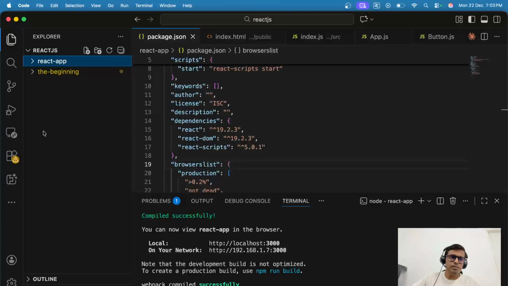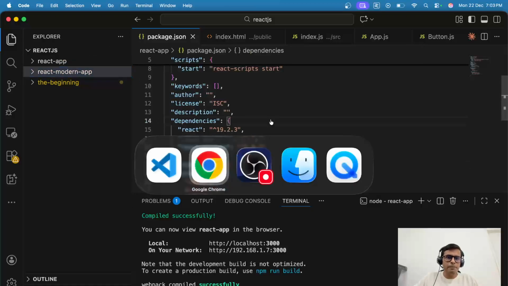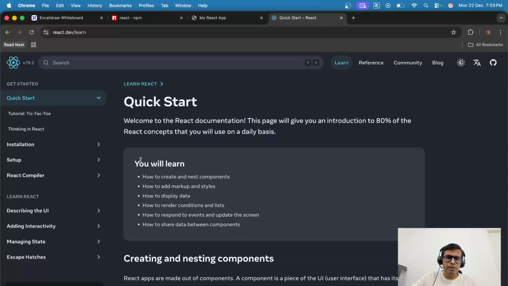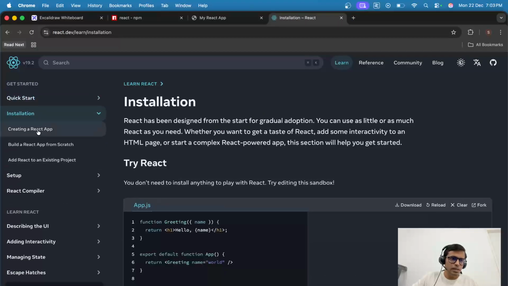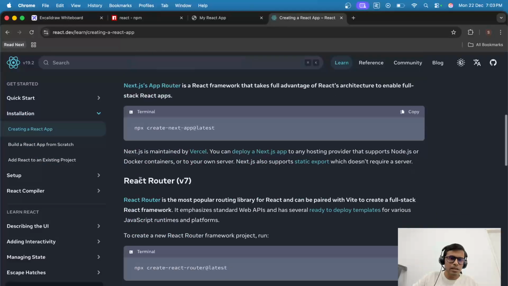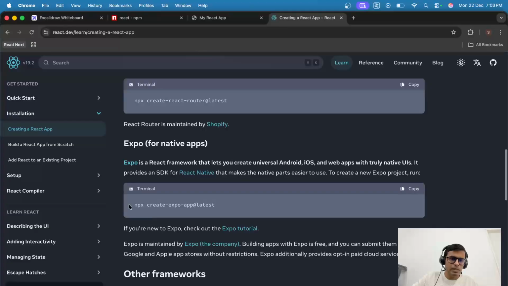Now let's understand how to create it using modern tools like Vite. So let's create another folder called React Model App. If you go to the React website, it will share a command. You can either use this,